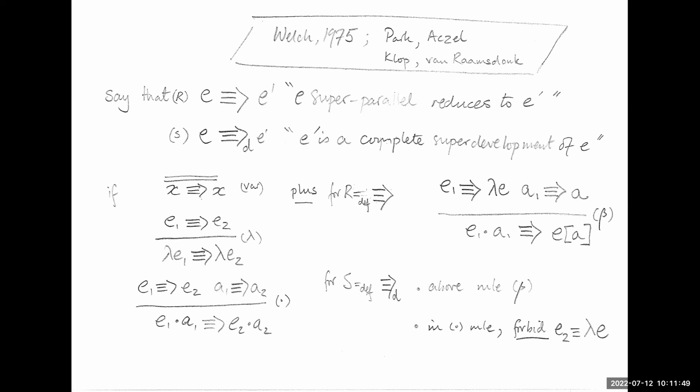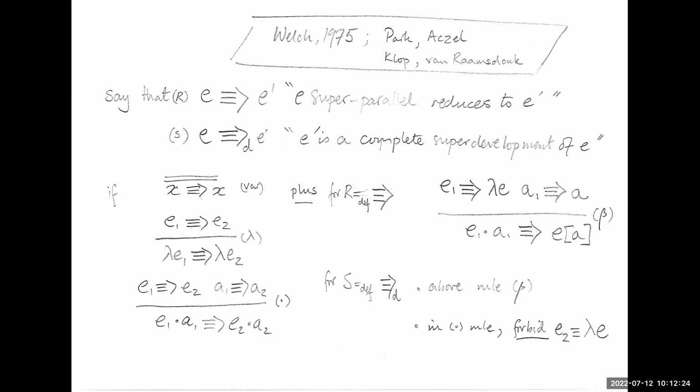Parallel reduction is usually written with the capital R right arrow, double-lined fat arrow, but this is even better, so it's a triple arrow. Okay. He wrote it in ASCII, so it was 3 equals greater than rather than, anyway. And what I'm going to do is consider the S triangular optimization due to, well, Takahashi, but she didn't write it for this relation, but to these subsequent authors following Welch.